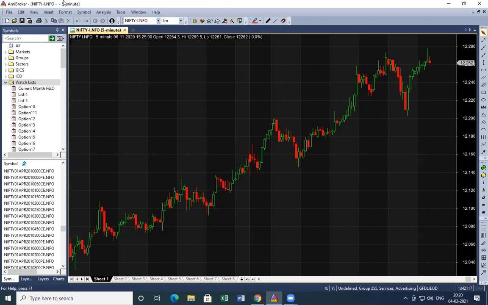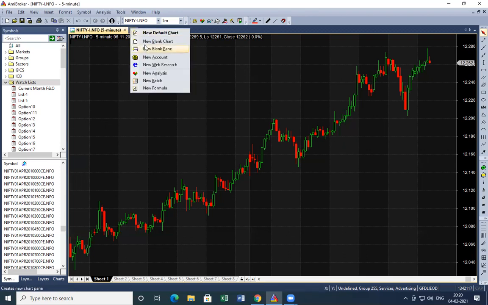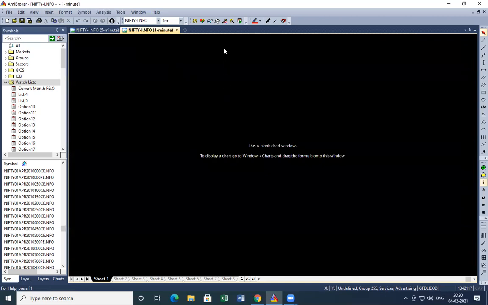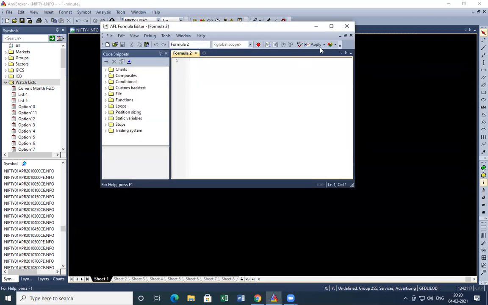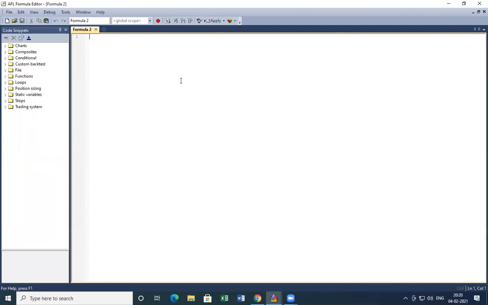Let's create a very simple exploration first, where let's say I want to filter those stocks where RSI is greater than 60. Just go to the new chart, open formula editor. Let me define a variable RSIValue equals RSI(14).